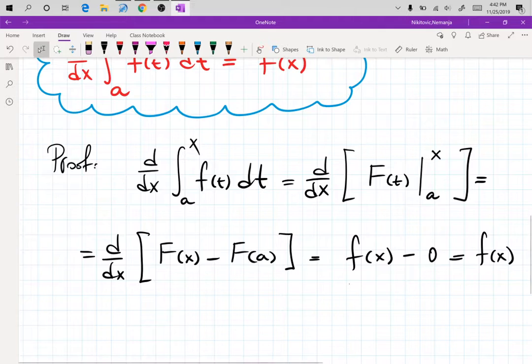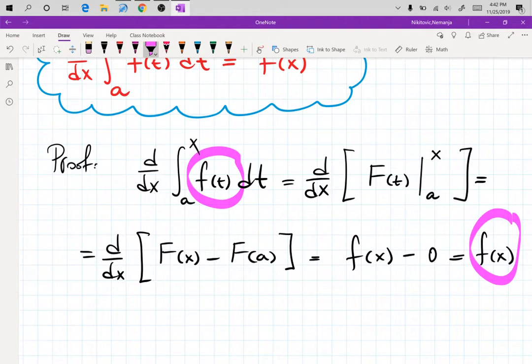So if you take a look at the two functions, the only thing that is different is the variable, but the function is the same. Right? The function is the same. So you